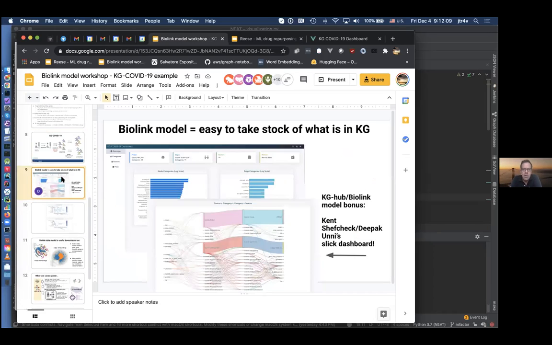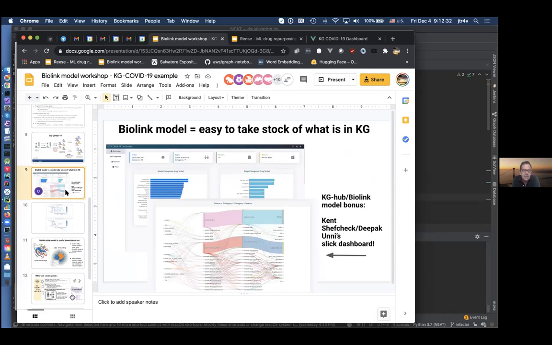Like I said, when you do these KG projects, it's harder than you would think to do something trivial like ask, how many drugs do we have, how many phenotypes do we have, or things like that. And the Biolink model makes that dead easy. You don't actually need fancy